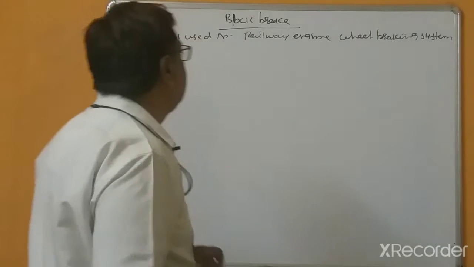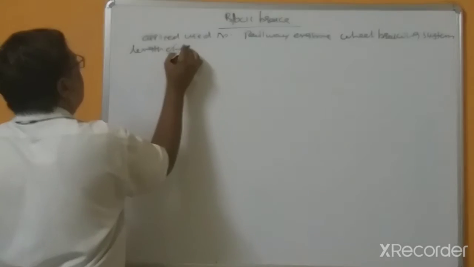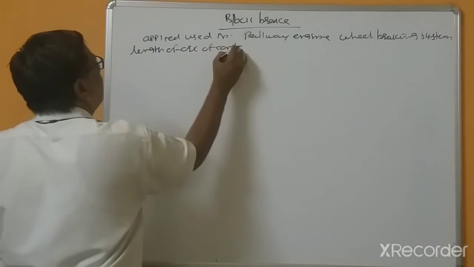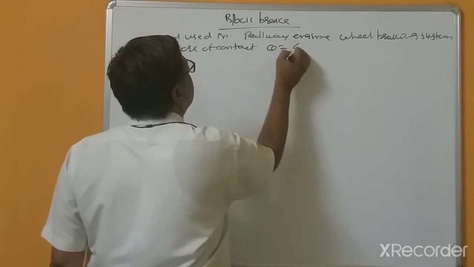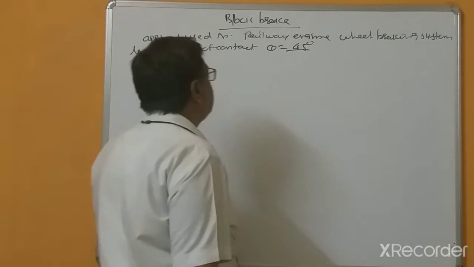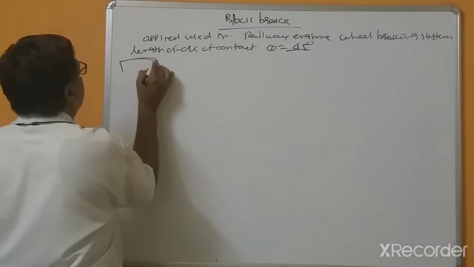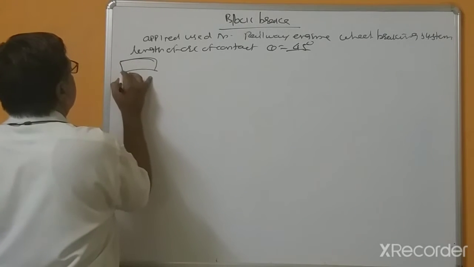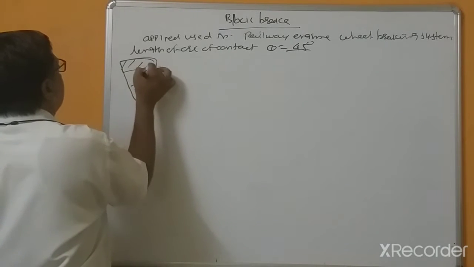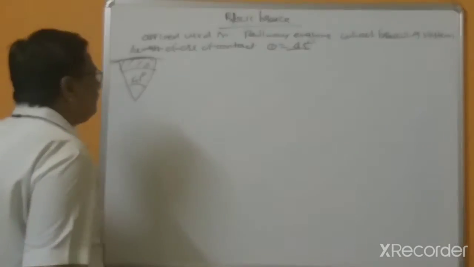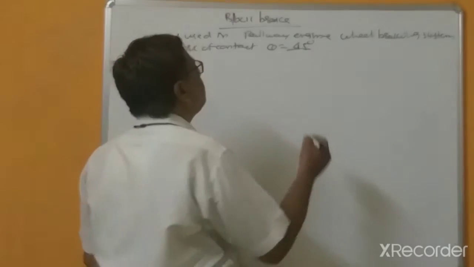and the length of the arc of contact, means theta equal to, this is 45 degree. So this is the length of the arc of contact. So this is limited to 45 degree. 45 degree. So in the block brakes,